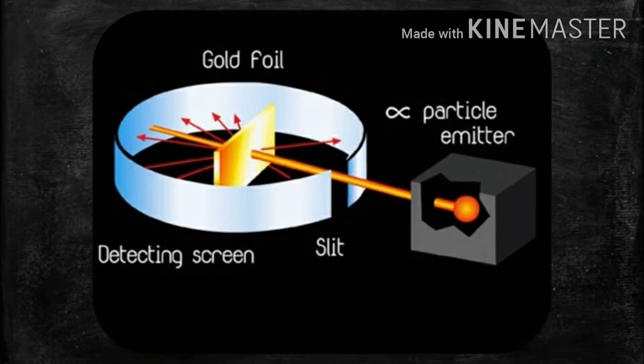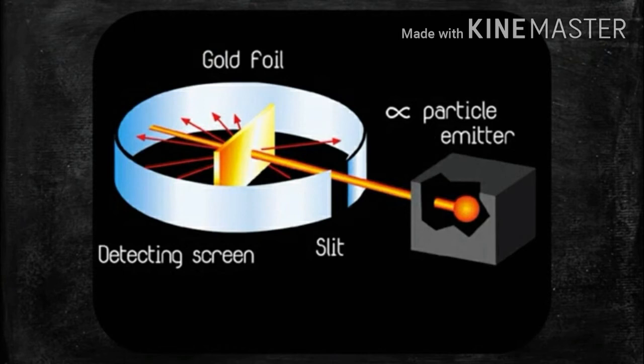You can see in the picture that the screen is a fluorescent screen. It was expected that the alpha particles would get reflected from the gold foil if the positively charged mass were evenly distributed inside the atoms. Unexpectedly, most of the alpha particles went straight through the foil. A small number of alpha particles get deflected, means turn back from the original path through a small angle.